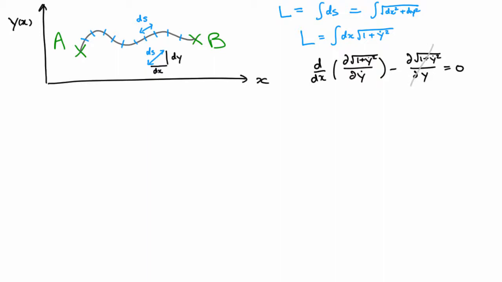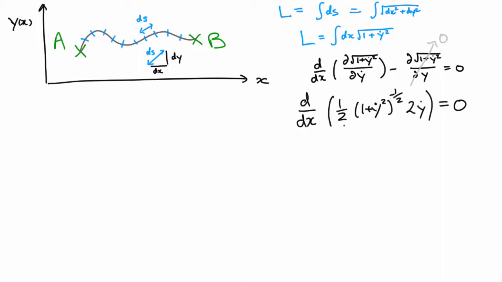So this term here goes to 0 because the function square root of 1 plus y dot squared doesn't depend on y at all. This one, the other one does not, however. So in other words, this function of y dot does not depend on x, and therefore we have that y dot is constant. So of course the only path that has a constant derivative is a straight line,